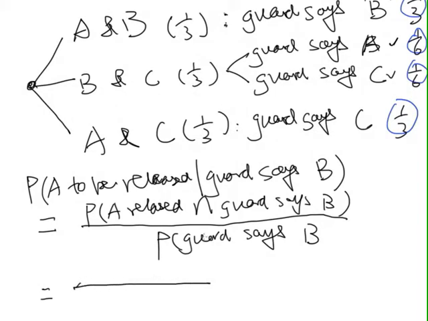The guard says B at 2 locations. Here, the guard says B, and here the guard says B. So that event happens with probability 1/3 plus 1/6. The probability for A being released and the guard says B is only here, because the second case is it is B and C who are released. So A has probability 1/3. By carrying this out, we know that's equal to 2/3,